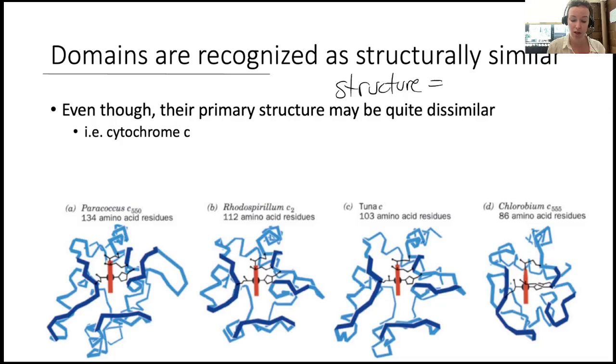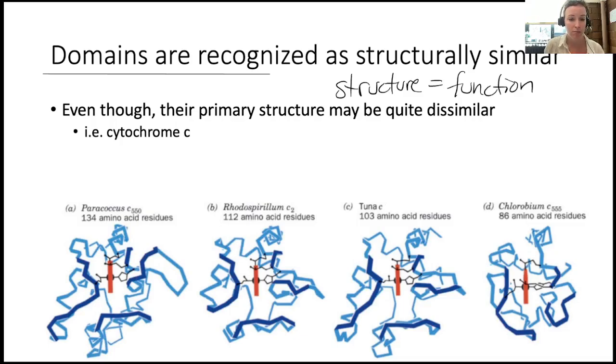In this class, you'll learn, oftentimes, that structure equals function. So if this domain has a very similar tertiary structure to this other domain on a different protein, if the structure is the same, we'd assume the function is probably the same as well. An example of that is on the slide here. So for example,